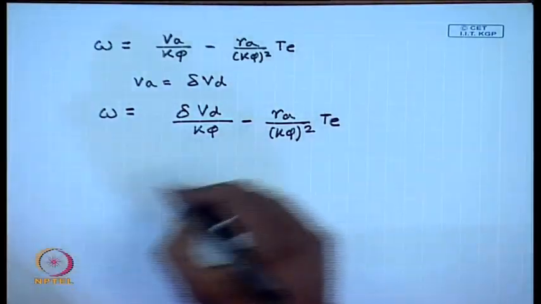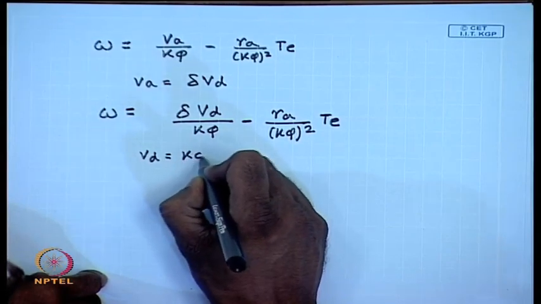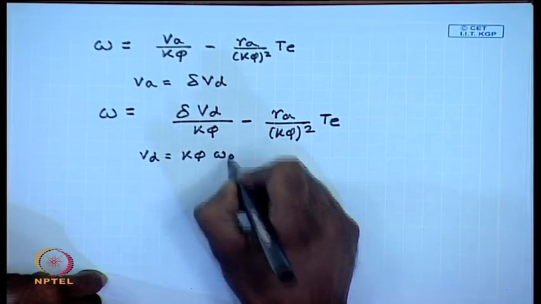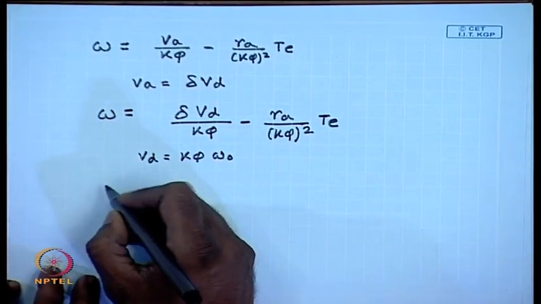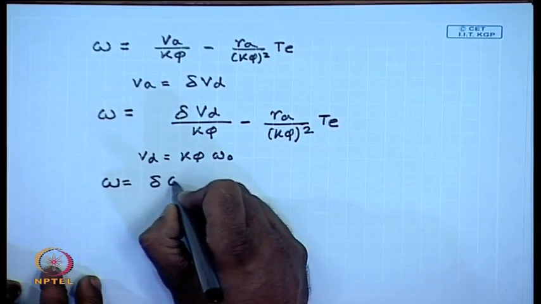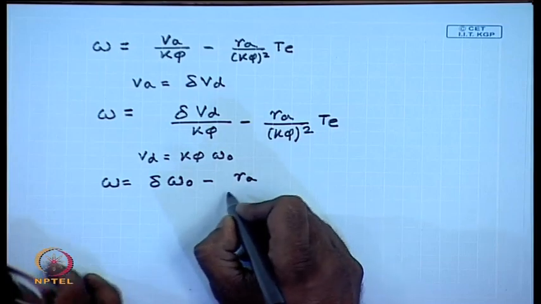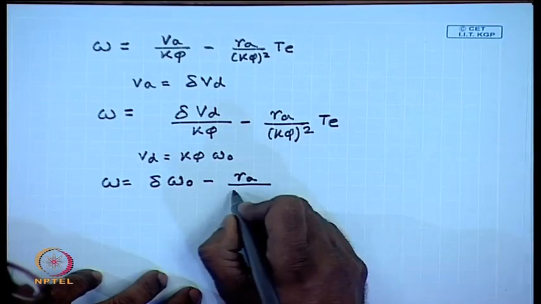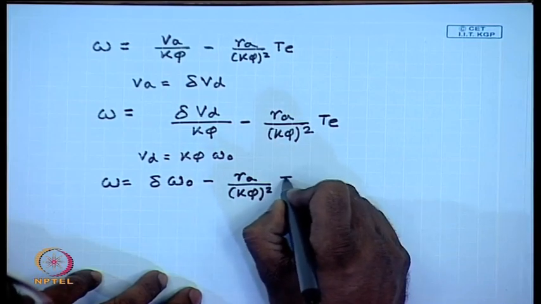So, in other words, if we say V D equal to K phi omega 0, where omega 0 is the rated no load speed of the DC machine, then we can write omega equal to delta omega 0 minus R A by K phi square T E,